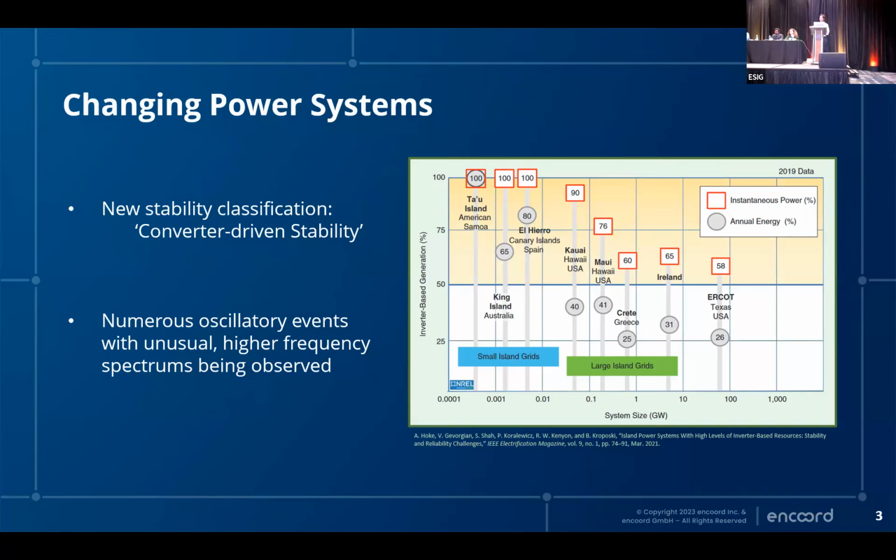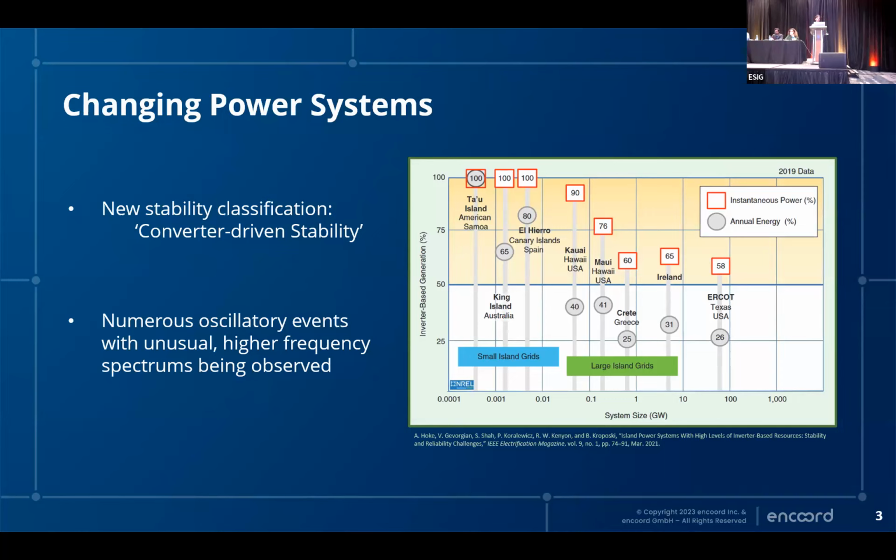Because these are usually DC sources, and we have to create AC waveforms to provide to the power system. So we call these inverter-based resources, IBRs, right? And we have annual energies that are changing on these systems, which is to say that we're getting more and more energy from these IBRs throughout an entire year. That's a really important metric, and it has a whole host of its own challenges.